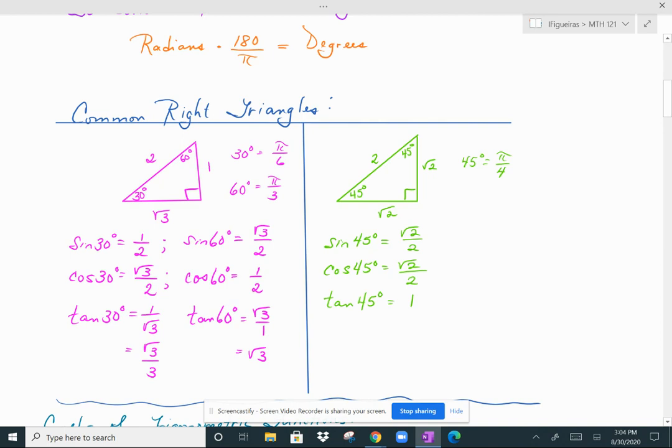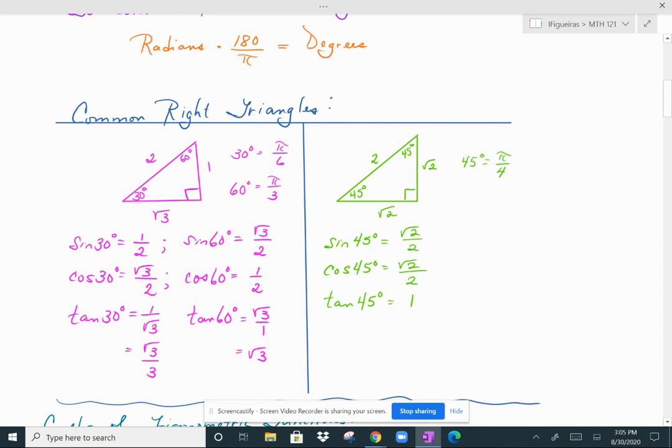And tangent is opposite over adjacent, so root 2 over itself is just 1. And don't forget that you can rewrite 45 degrees in radians as pi over 4. Okay, so knowing these basic angles will be really helpful to you, as well as these angles as you move into other quadrants. So 30, 60, and 45 degrees, those are all acute angles, therefore they are reference angles, but